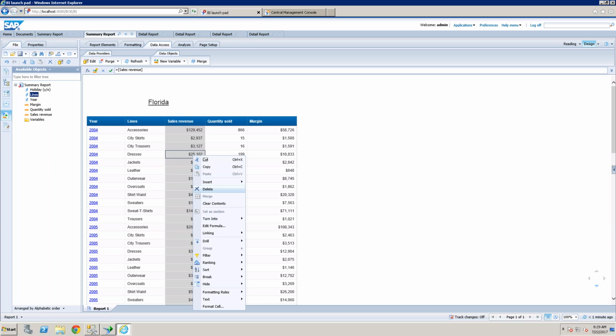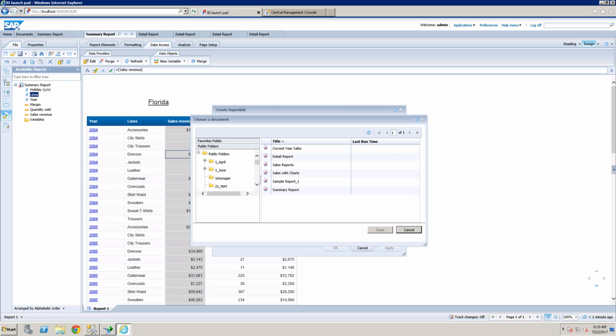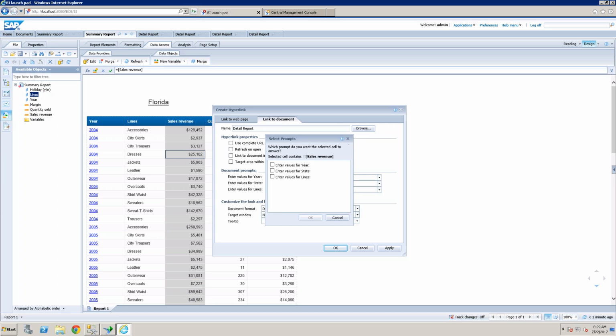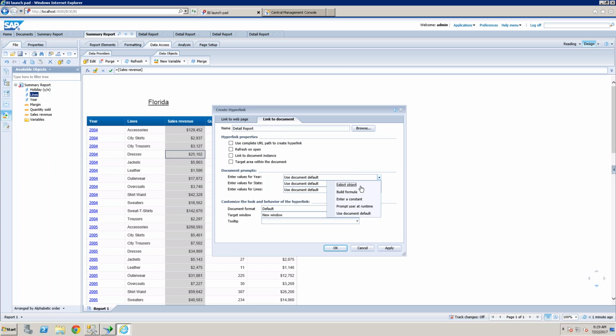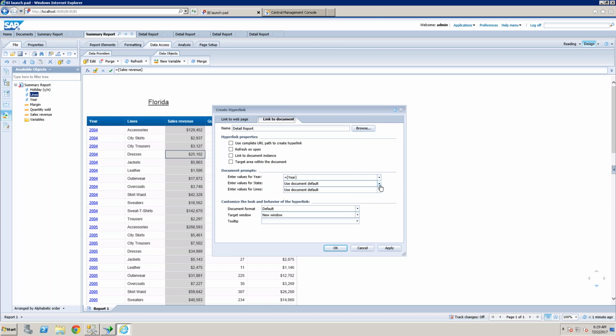So right click here and click on linking. Add a hyperlink. Go here, link to document, click on browse, and choose the detailed report. This time I want to pass the year value, select the year, and also the state. For state you can build a formula because state is not showing in the table.